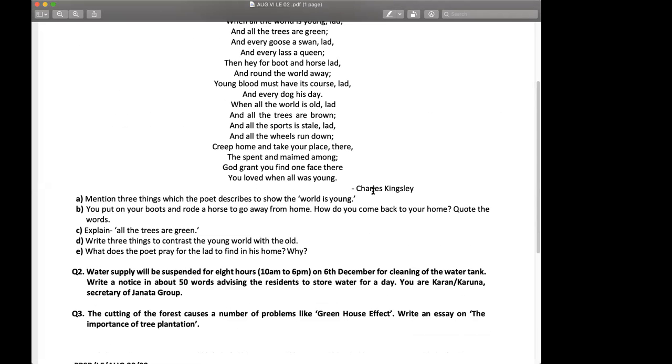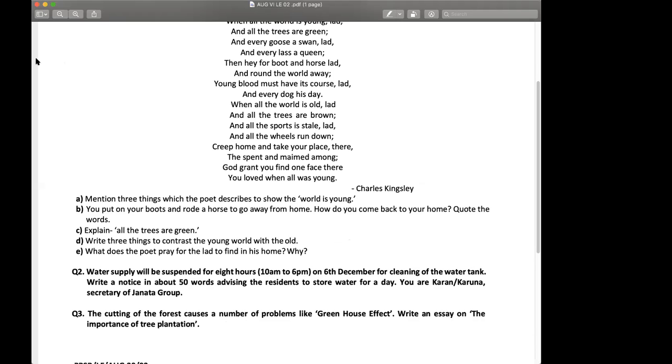The questions 2 and 3 are notice and essay writing. You know how to write a notice? Just a note. Yes, Aditya? Ma'am, tomorrow is a holiday. Yes, bache, tomorrow is a holiday. All right. Question number 2 is notice writing. You write the name of the school if the school is given, or if it is about your area, you will write the area name. Fine. Then address, then the heading and your details.